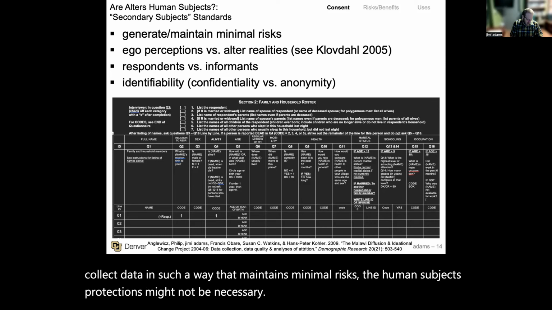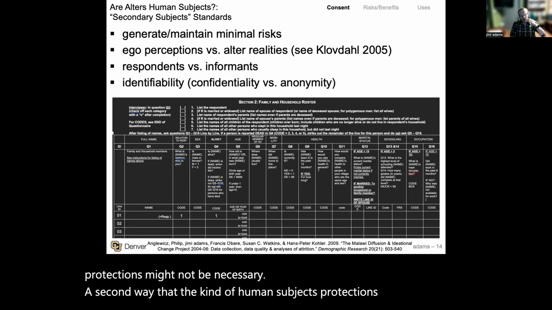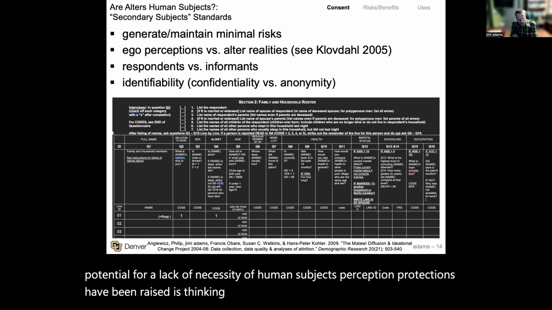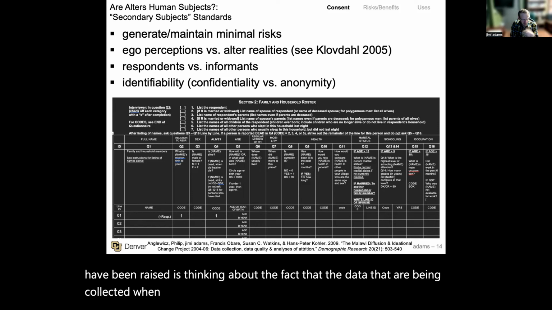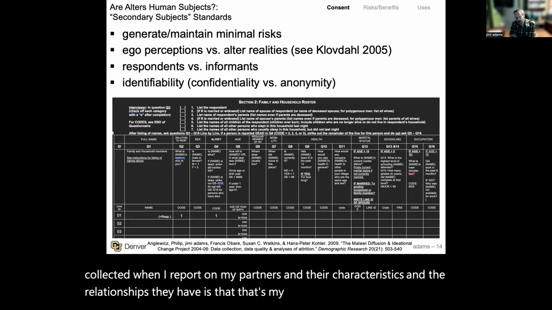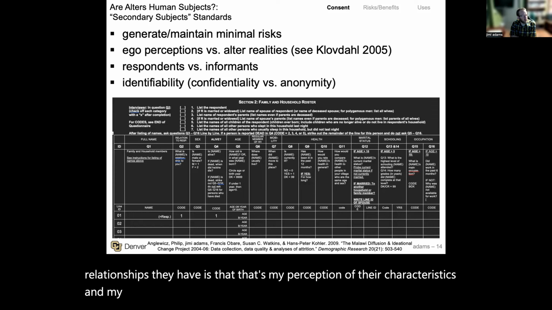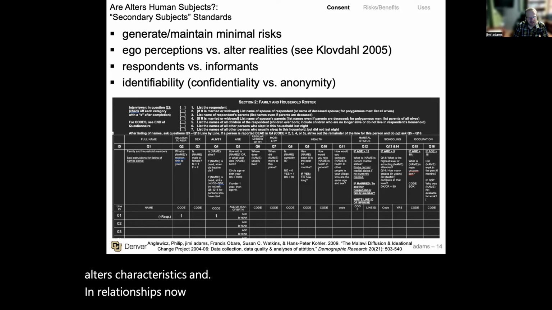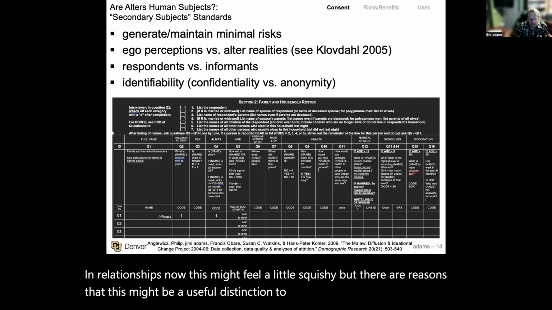A second way that the potential for a lack of necessity of human subjects protections has been raised is thinking about the fact that the data that are being collected, when I report on my partners and their characteristics and the relationships they have, is my perception of their characteristics and my perception of their relationships, rather than the reality of those alters' characteristics and relationships. Now, this might feel a little squishy, but there are reasons that this might be a useful distinction to make, and has been made even in relatively, quote unquote, high risk